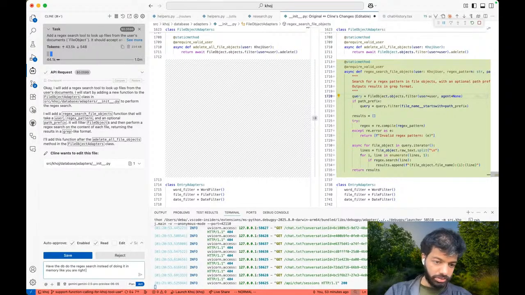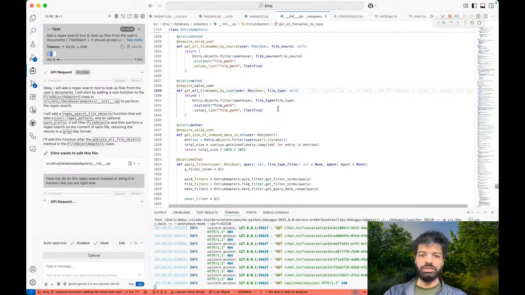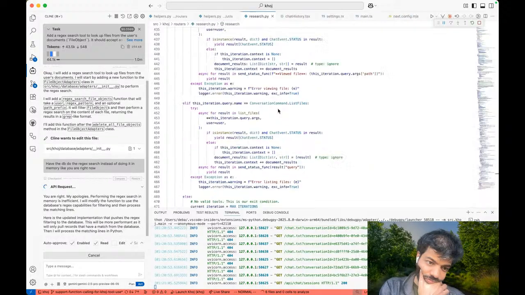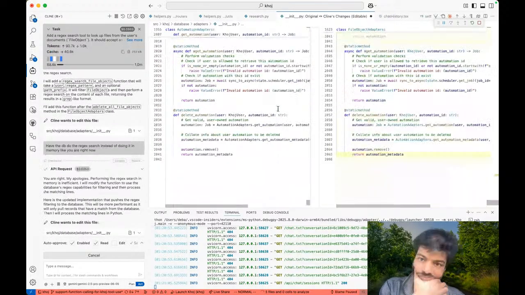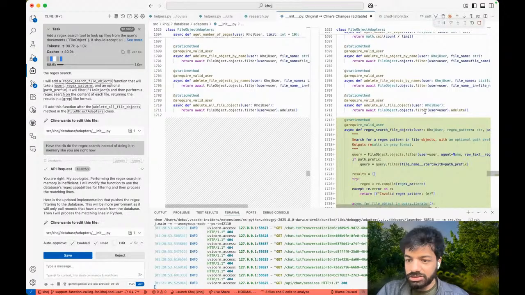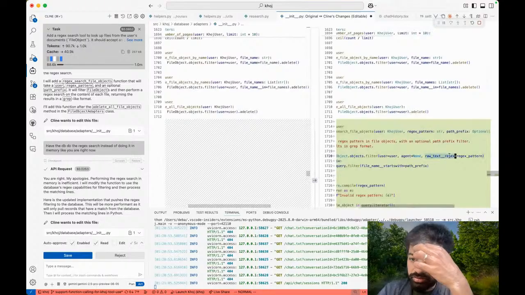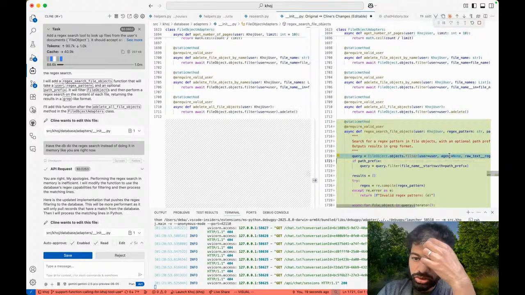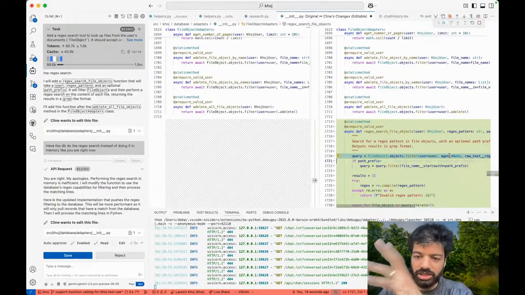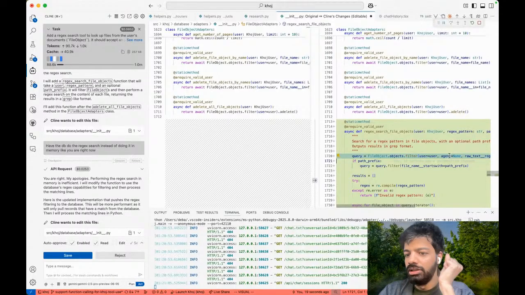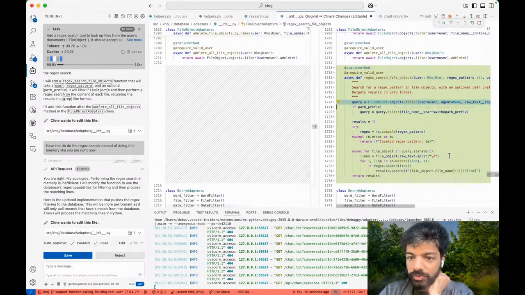So right now, let's see if it can handle this. Right, this is better. So it's done the, like here you see the raw text regex. This is what we wanted to do. That filter is now being pushed down to the DB to do rather than it being done in memory. So we get a filtered list, match the pattern. And then the path prefix is done correctly here. And then it does the line number adding bit here.